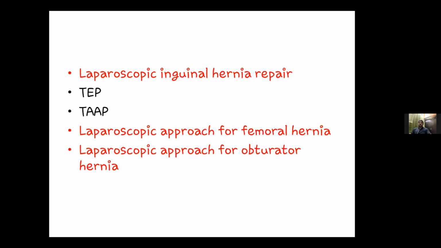Okay, sir. So there are two more things you have to say. One is there is another thing called ETAP, enhanced view TEP. Also, when there is a large hernia, you can do hybrid repair. You can do laparoscopy, see inside, and if it's not possible to reduce, you can make a small incision outside, reduce it, and release adhesions. If the omentum has to be excised, you can excise it, and then from inside you can put the mesh. So TEP, TAPP, ETAP, and the hybrid repair.